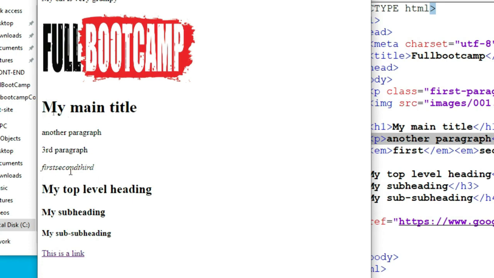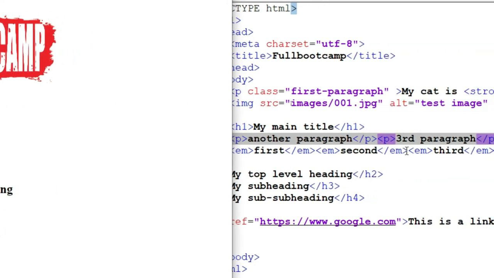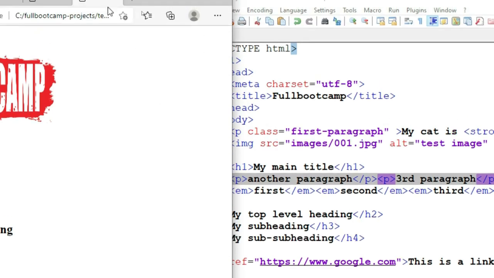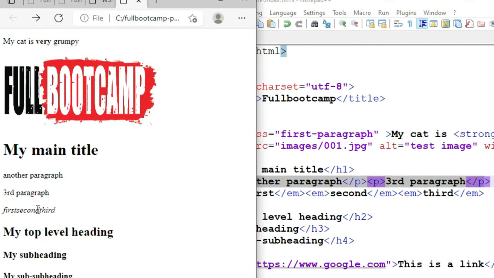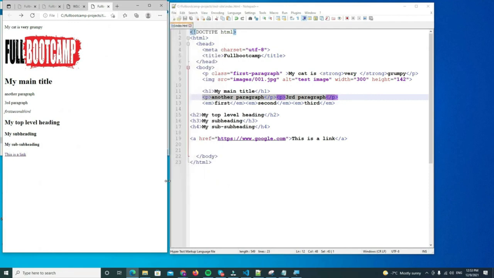So as you can see, first, second over here, and third, they are displayed on the same line. Later on we're gonna use CSS to actually control the block and the inline in a better manner. For now, this is what you need to know: some elements are block elements and some elements are